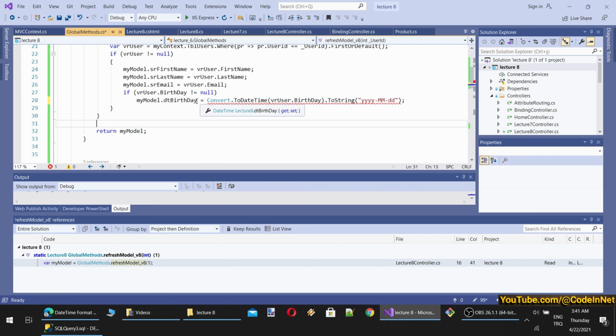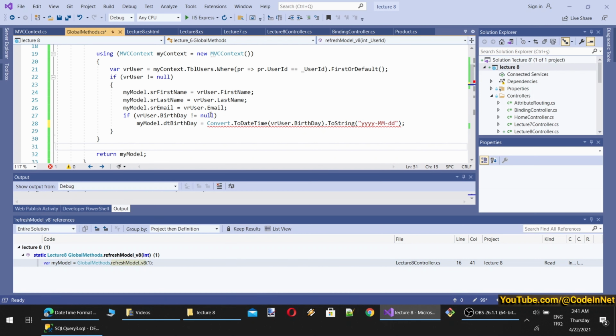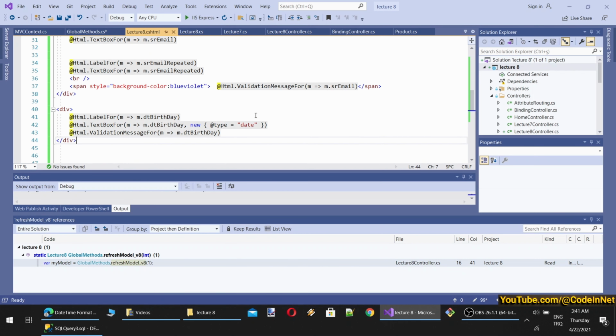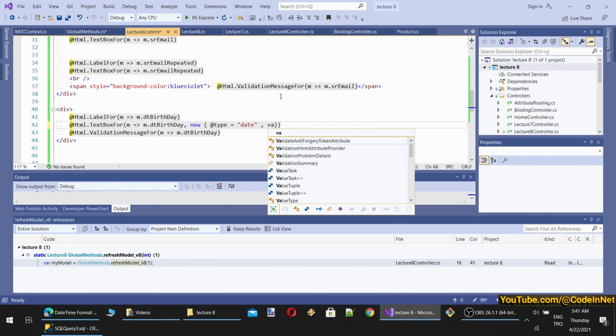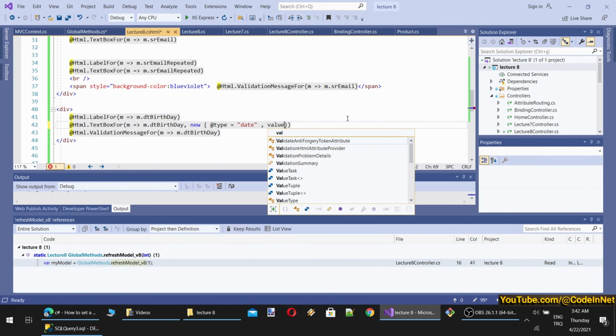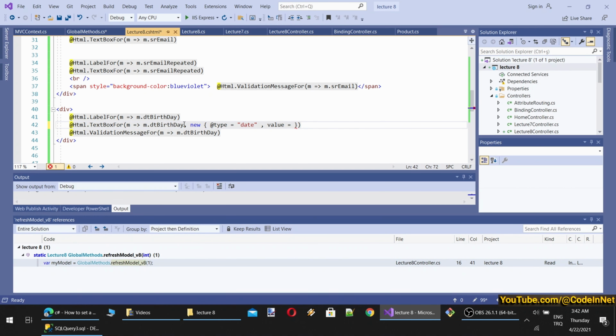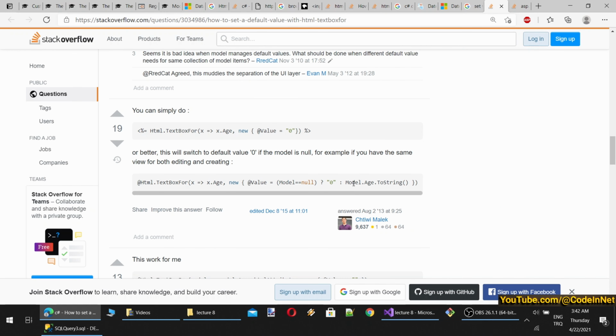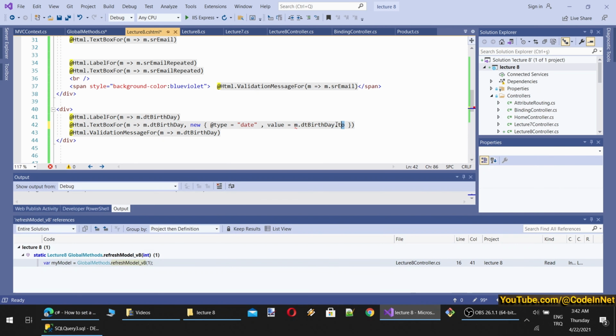Month, date. And oh, I can't set it like that. So I have to set a string to its value. So to be able to set its value, I think there is also something value or something. Okay, there is new value, so we need to set value equal and ToString. Oh, it is not available here. So how can we set a dynamic value? Model age. Okay, so now this makes sense. It will be model. Yeah, and the birthday ToString.